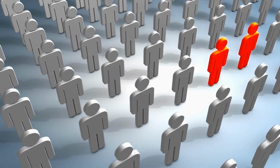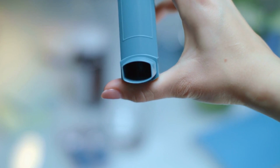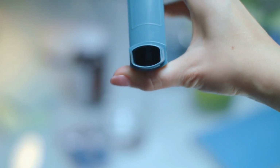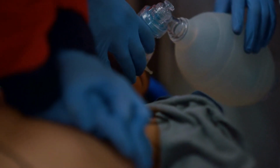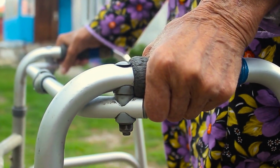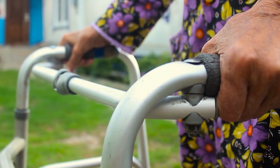Asthma is a chronic respiratory condition that affects millions of people worldwide. While there are various treatment options available, nebulizers have become increasingly popular in the management of asthma. Nebulizers are medical devices that convert medication into a fine mist that can be inhaled directly into the lungs. This method of delivery can be particularly beneficial for individuals who have difficulty using traditional inhalers, such as young children